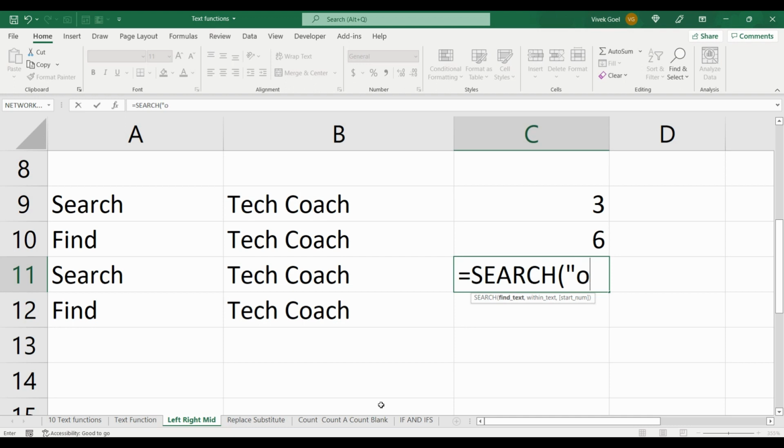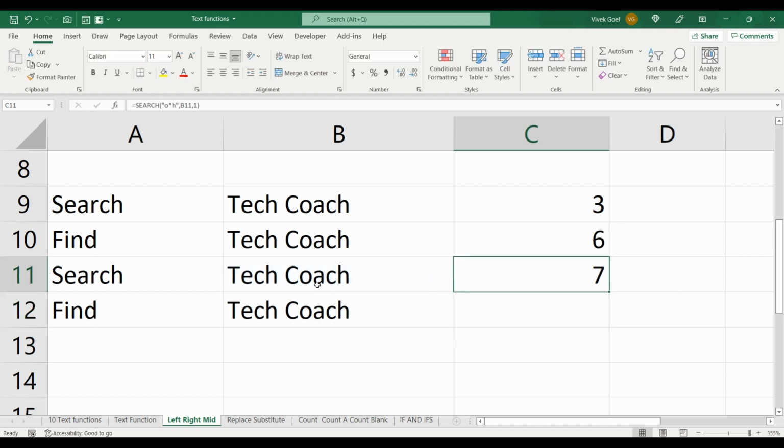So here we are looking for the starting position in a string which has O and H, and since it has asterisk in between, 0 or more characters can come in between them. When we use it with search, it returns 7, which is the position of O in Tech Coach. So it looked for this regular expression in this string, found it, and then fetched the starting position of first character O, which was 7.